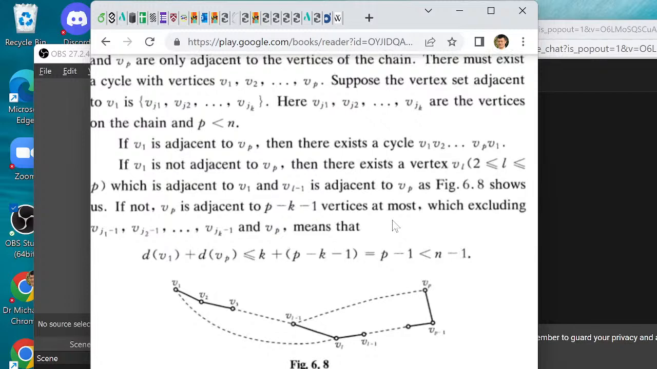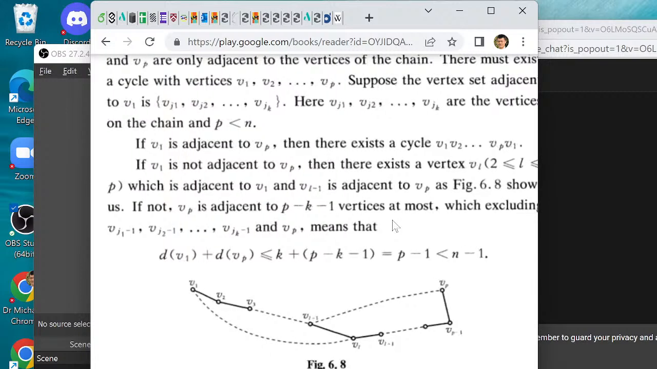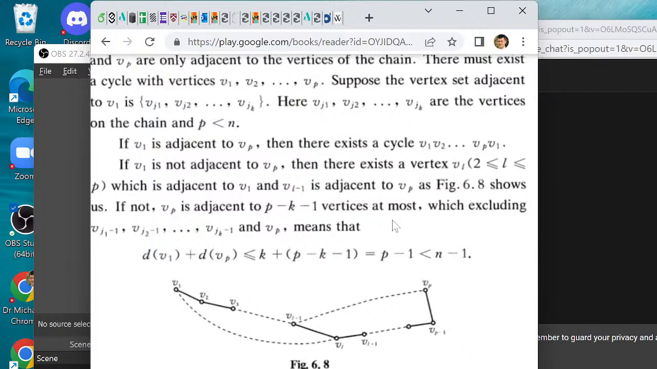Okay, so if it's not adjacent to VP, then there exists a vertex like that, whose previous one in the chain is adjacent to the last thing, which is interesting. So if that doesn't exist,